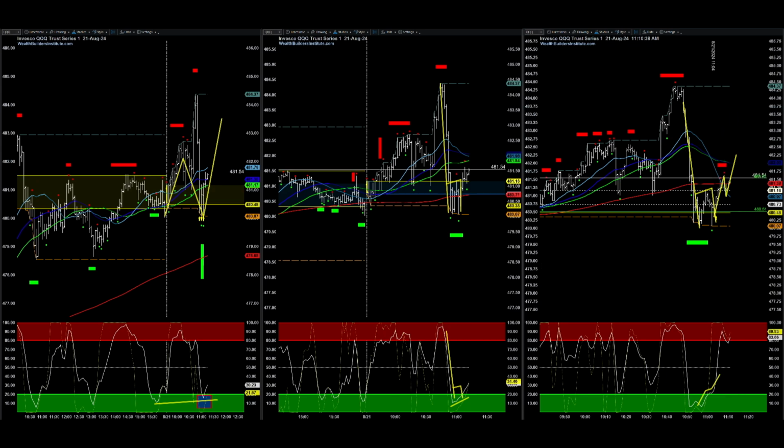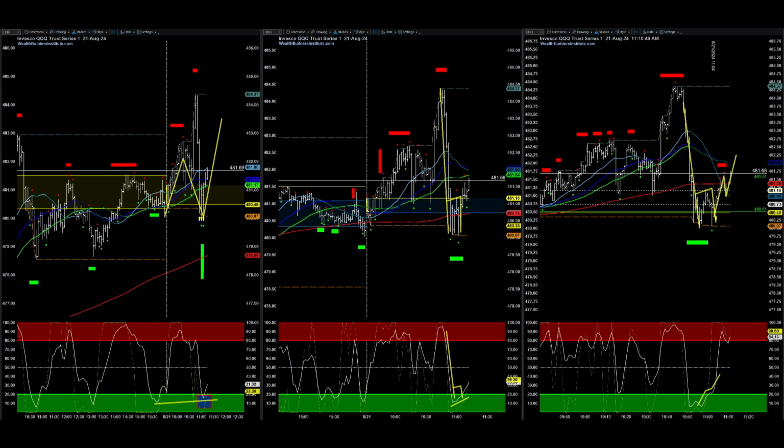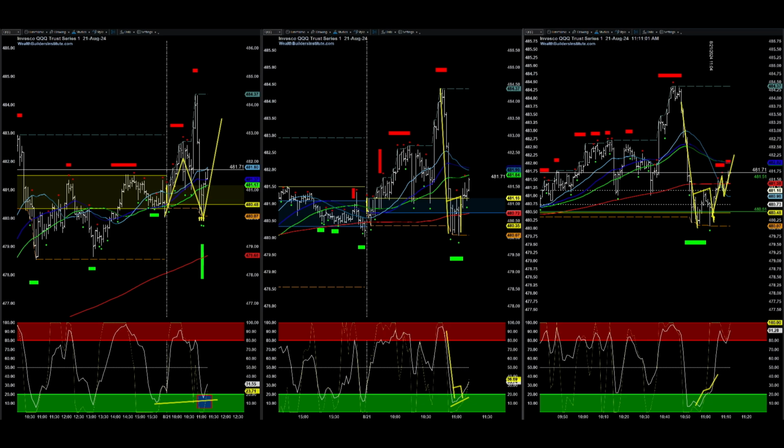All right, so if we do a 1-for-1, impulse, correct, impulse, everything is equal, we're looking at a target of about 482.25-ish. So we are going to expect with a high level of certainty and probability that price will get to that area. It might take some time, but a lot of times we look at our charts from doing it for many years, and we don't have to draw on our charts to project where we expect the price to go. But as a demonstration, I'm going to show you how we accurately would measure it to get more specific details, not just picking any target out of the blue. We have a specific target in mind based on statistical probabilities.